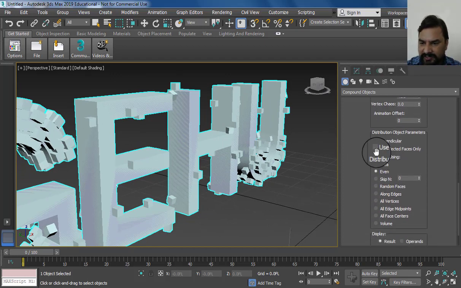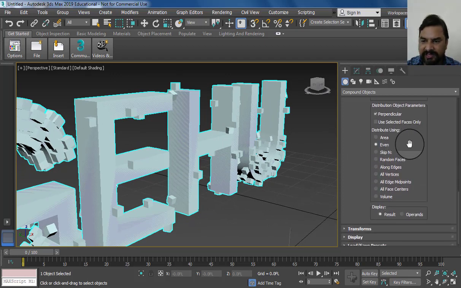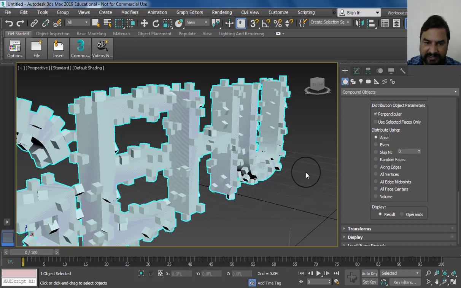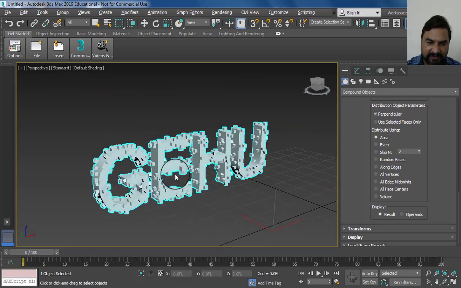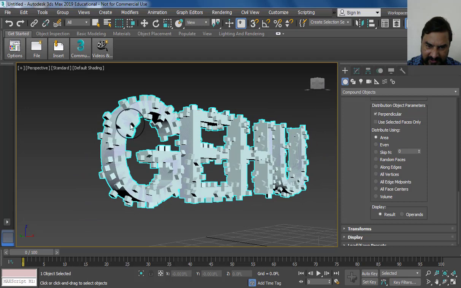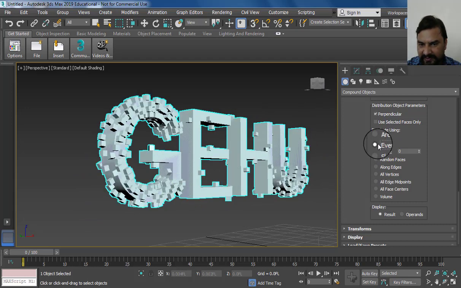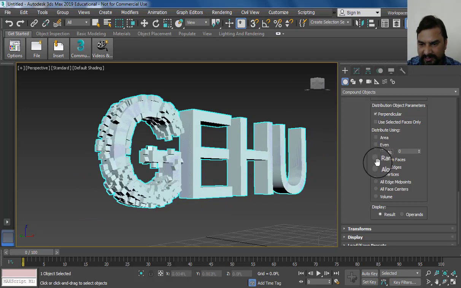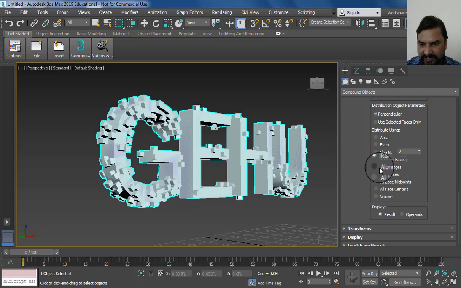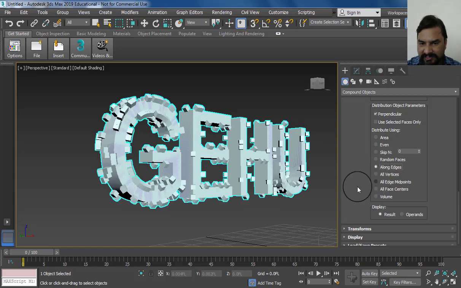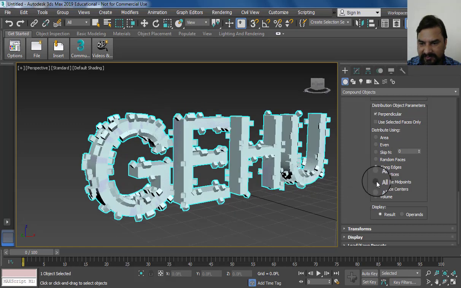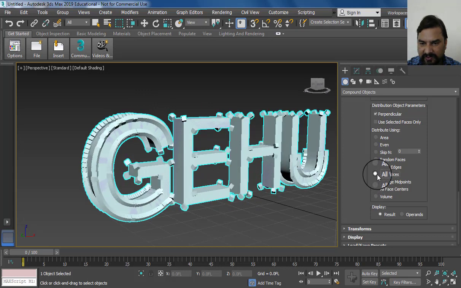Then go to Distribution and use Area. We can select Area, and our cube objects are distributed according to the area. There are other options here: random faces, long edges, and vertices. We can use all vertices.